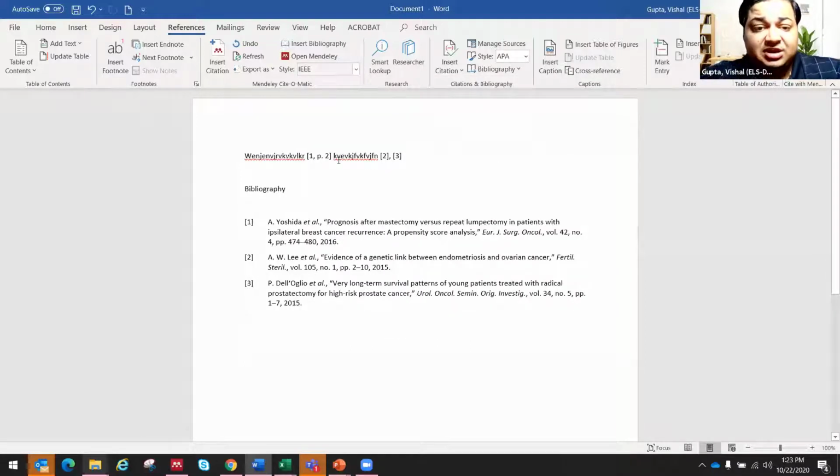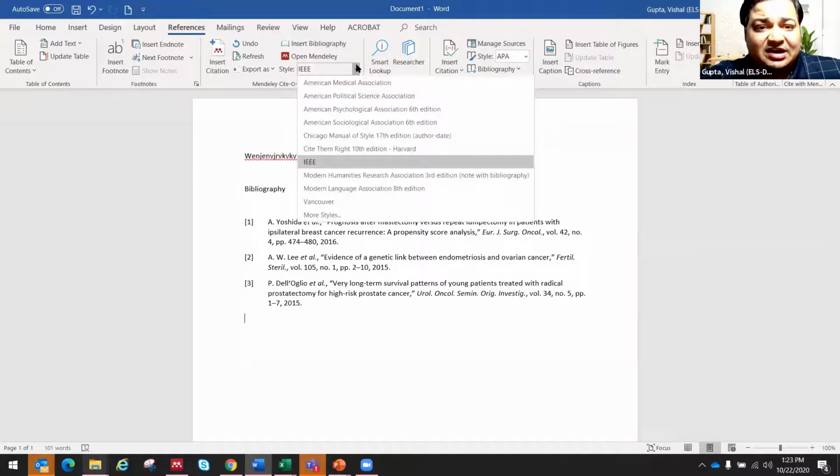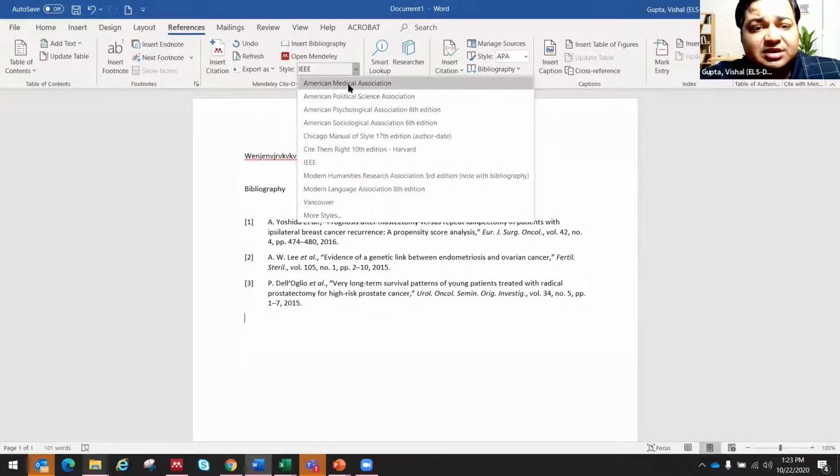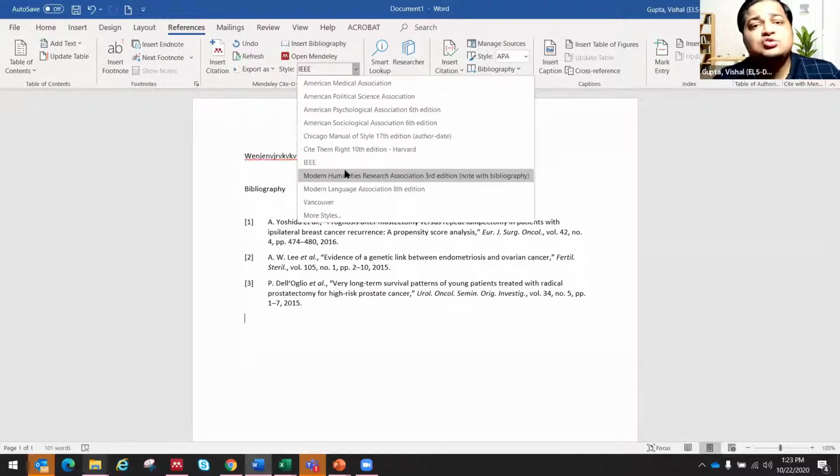It changes to IEEE. Now, you might be wondering that there are only a few citation styles available here. Only 10. So these 10 are the most used by me. Similarly, when you do research and start using this, the 10 most used by you will start appearing on your page. If you want to change the citation style, Mendeley has a library of more than 7,500 citation styles. 7,500. All citation styles from all journals are already covered.